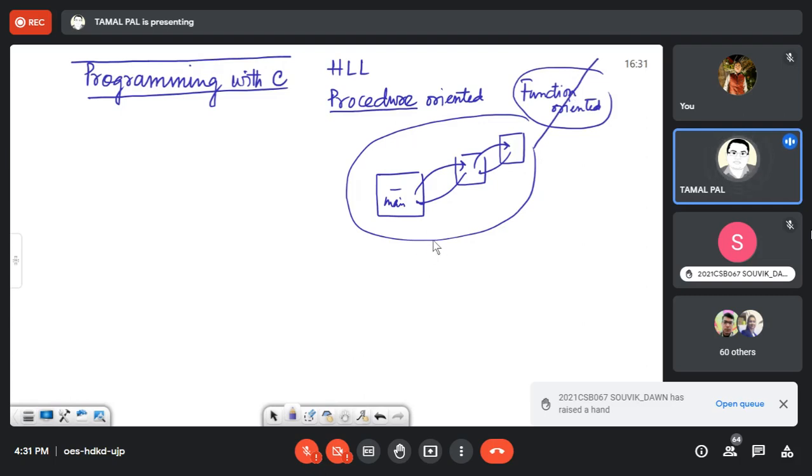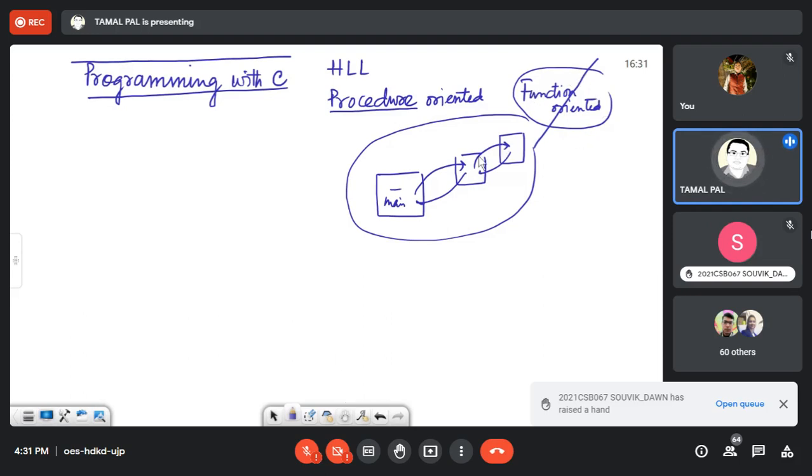Function oriented programming is something different. If you study the different styles of programming, function oriented means it's a memoryless type of program, something we can write without the knowledge of memory. That is a little bit difficult to explain at this stage, but while C programming we have to know at least that this much of byte is allocated and this is stored here. But in a memoryless program you don't have to write anything in the form of memory, you just have to write everything in the form of a mathematical function.